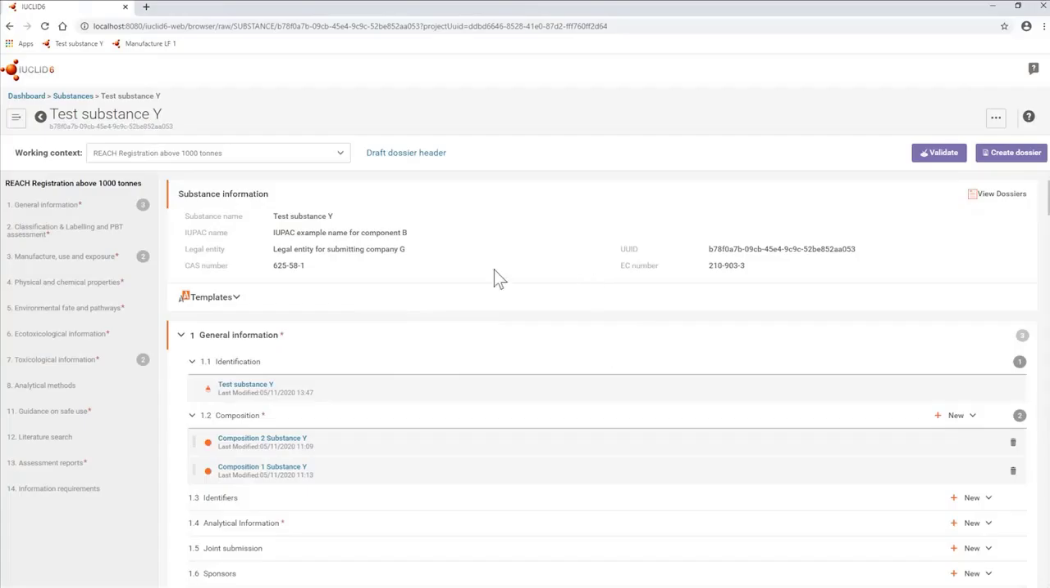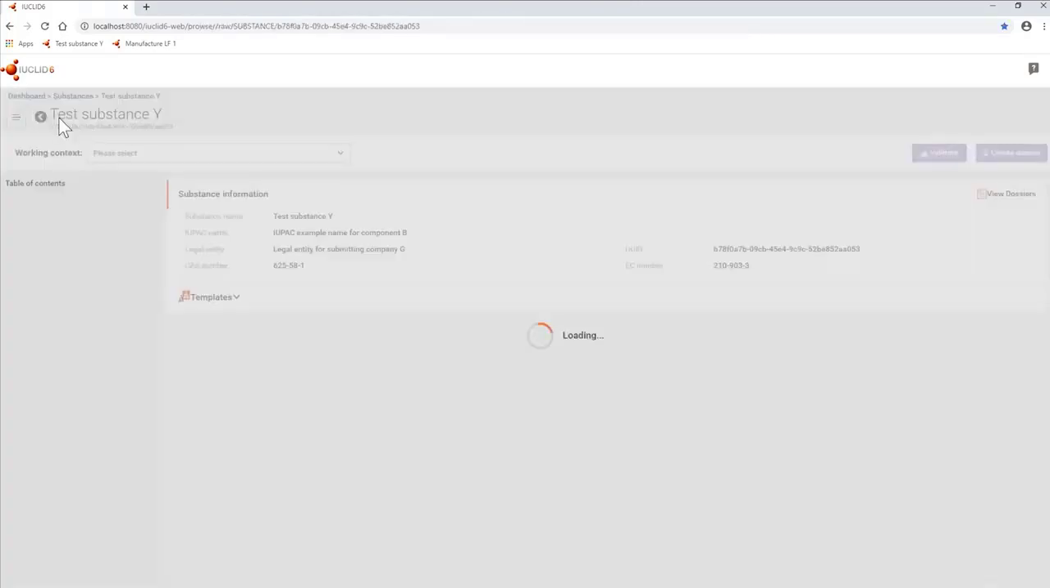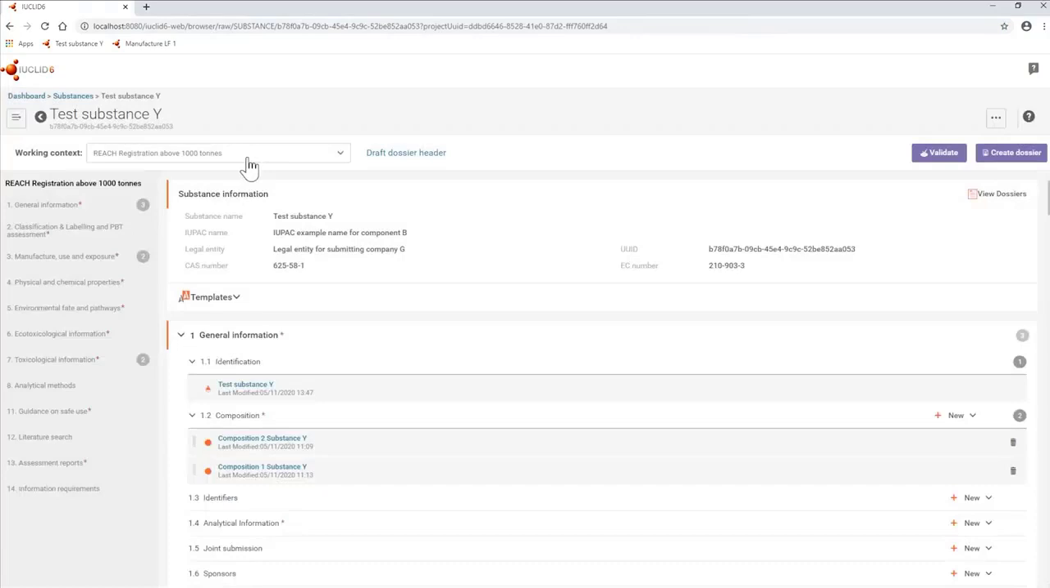You will see that this screen is very much similar to the previous version, except for one thing. We have now changed the wording of submission type to working context. The working context helps us to manage and view the data better by associating a draft dossier header with the working context and associating a context, for instance, a regulatory context for you, which then defines the information requirements for